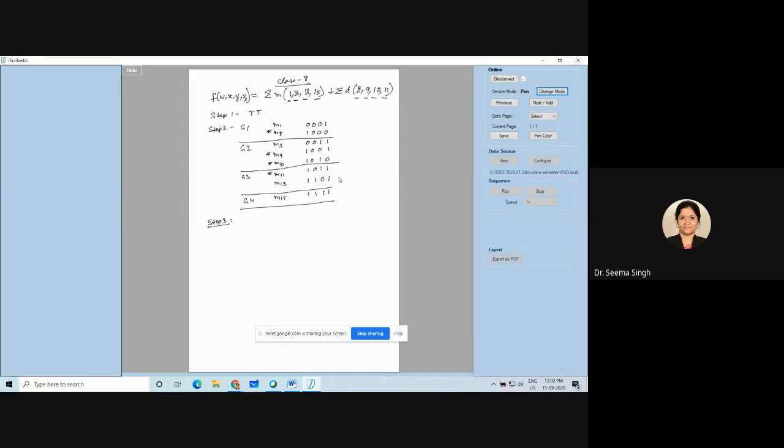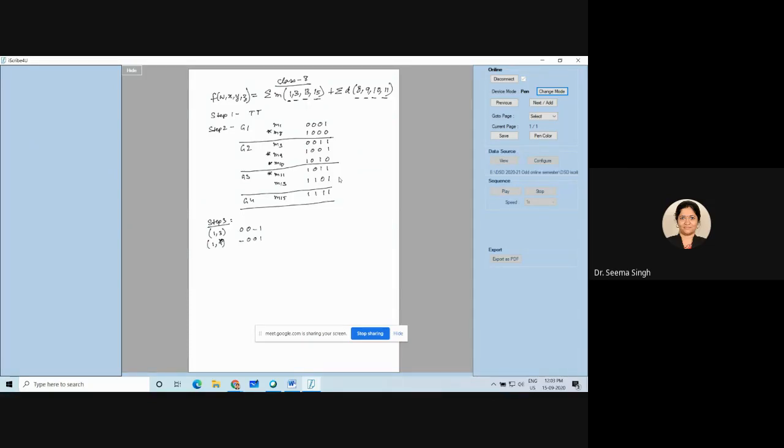So in step 3, the number 1 pairing I am showing is 1 and 3. Now when I say 1 and 3, both are normal terms. So you have 0, 0, dash 1, right? If you want any extra information, you interrupt and tell me. So 1 and 3 is 0, 0, dash 1. Next grouping I have to do 1 and 9. When I do 1 and 9, 9 is a don't care. So I should mark here 1 and 9. So it is a dash 0, 0, 1.